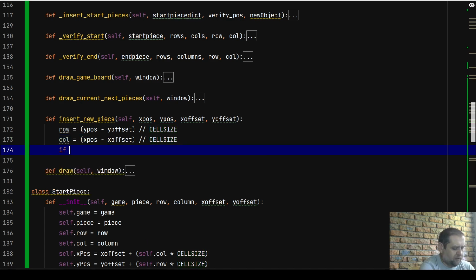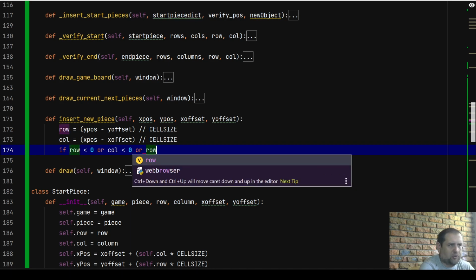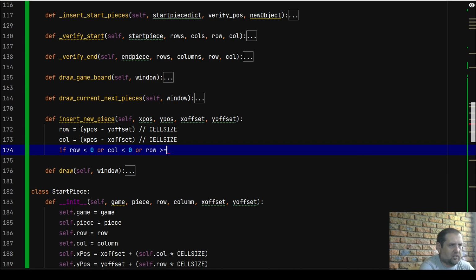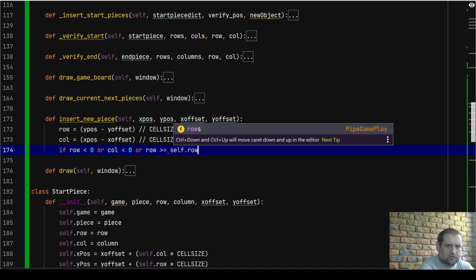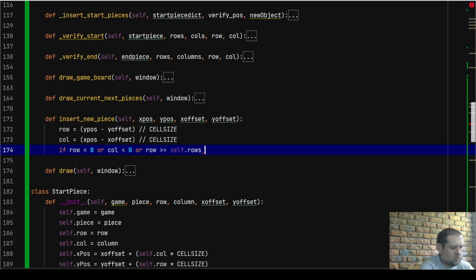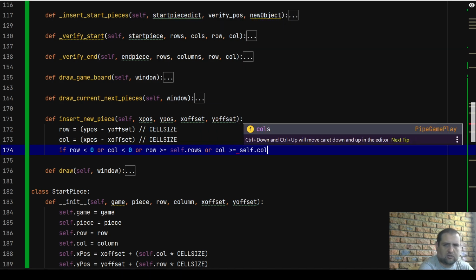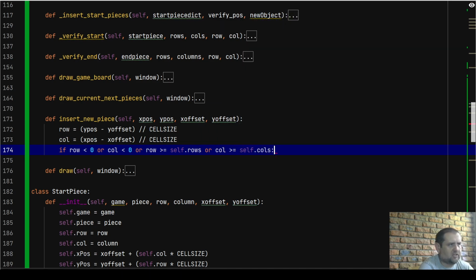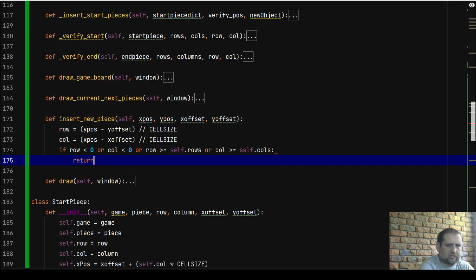Then we're going to say, well, if row is less than 0, meaning that it's above the board, or if our column is less than 0, meaning it's to the left of the board, or if our row is greater than or equal to our self.rows total, or column is greater than or equal to our self.columns, right? If that's the case, we're just going to return nothing, which means if we click outside the board,